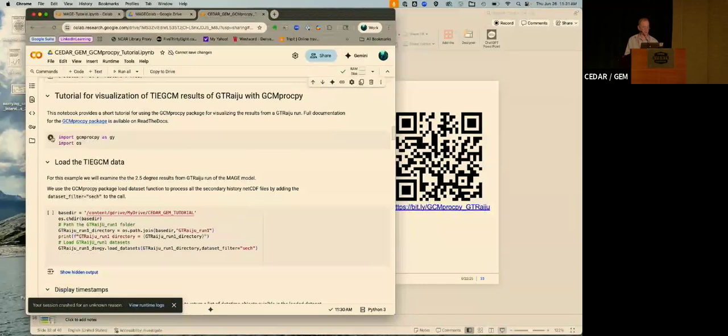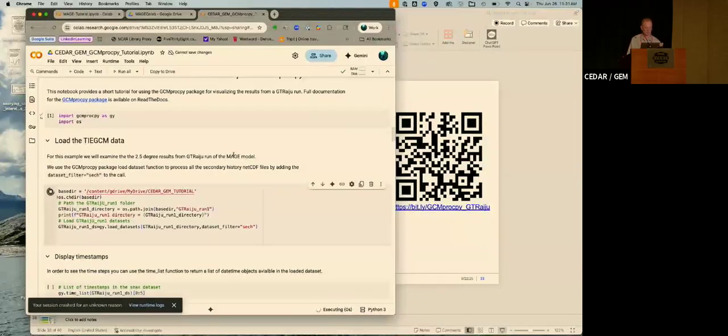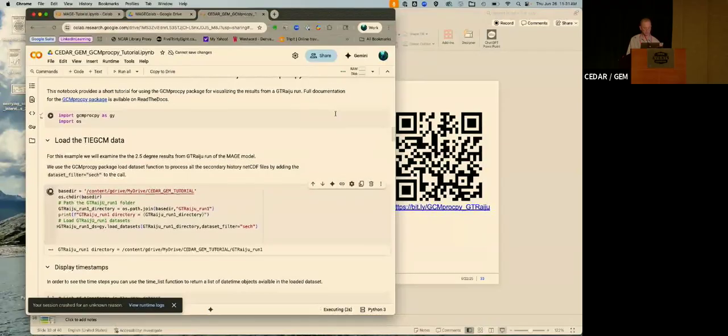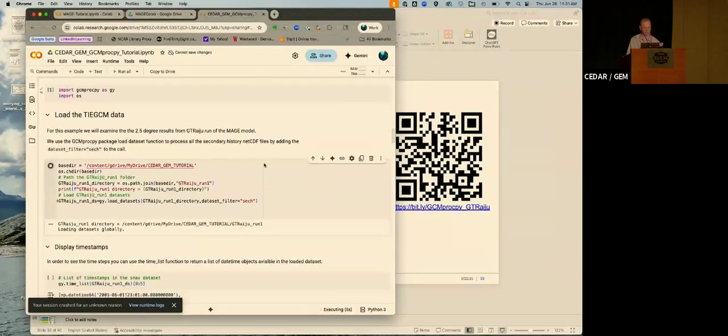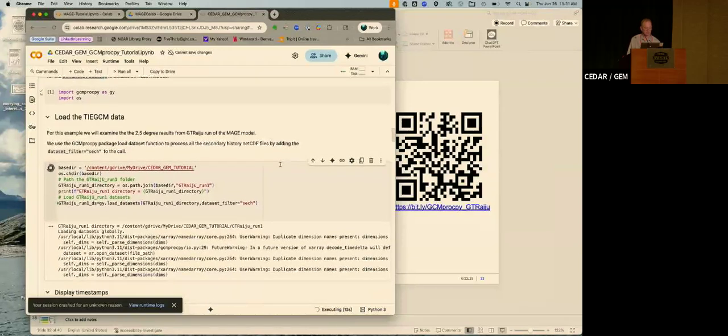Here we're going to need to import the GCM ProcPy tools. We recommend gy as the alias, similar to NumPy as np, but you can do whatever you want. Run the OS option, and then get the code base to point to the data from the process. It's going to load the data sets and give you a few little warnings, but this will parse over and give you information about what is in the